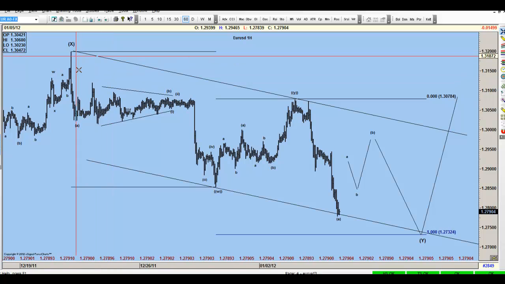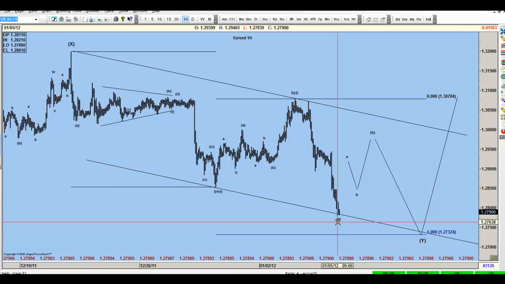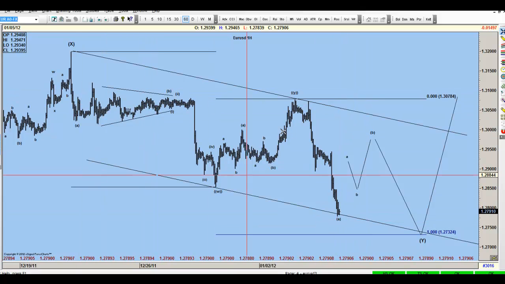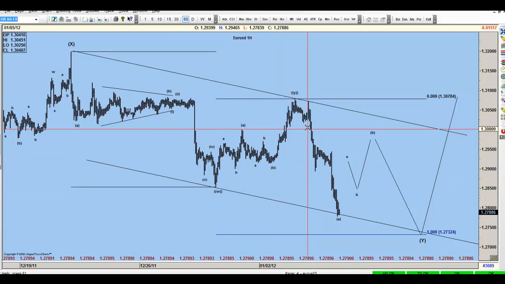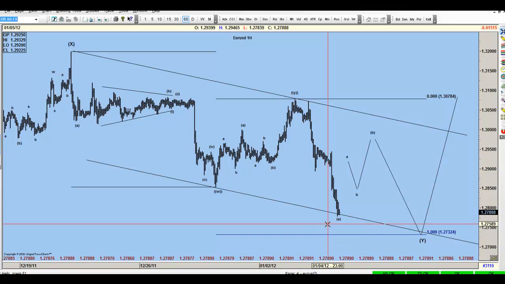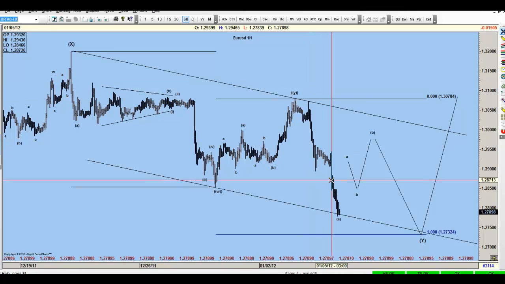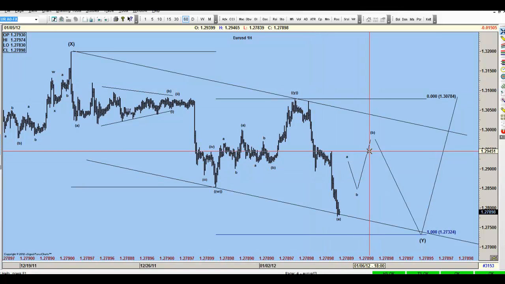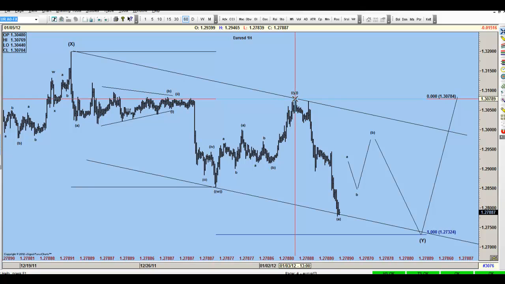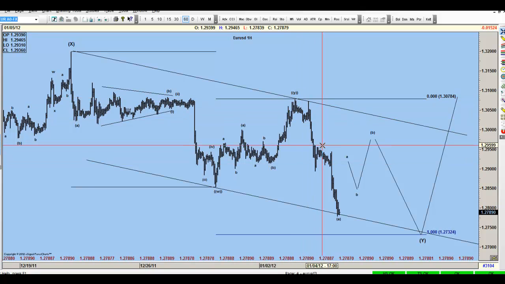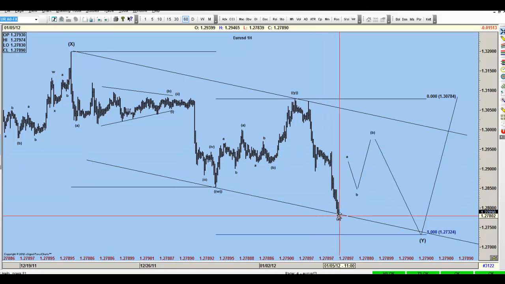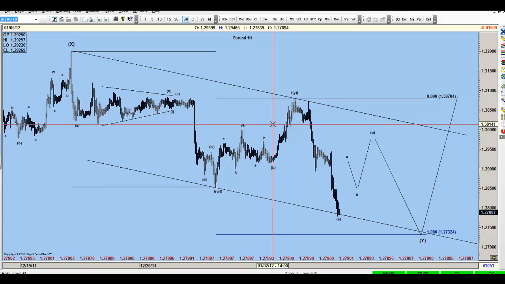Now, this is the euro dollar in the 1 hour chart. Last night we showed this count as one of the 3 counts possible. Yesterday on the seminar we said that we believe that at some moment this wasn't the low, and the new low is going to take place in the short time frames. Now, why do we see it here? Yesterday, we were under the impression that from here, the market is going to make a 5-wave move, and that this was wave 4 with wave 5 taking place. Now, as we see right now,